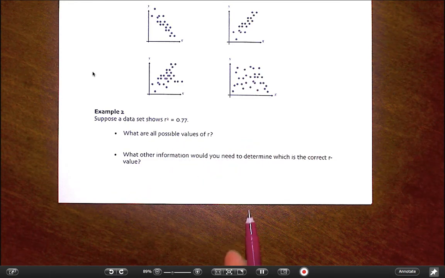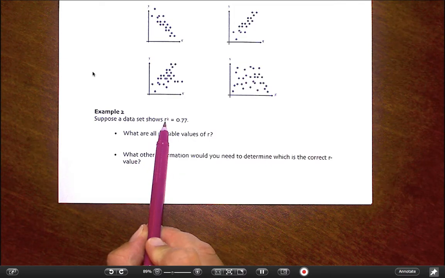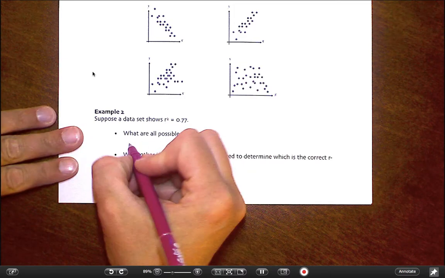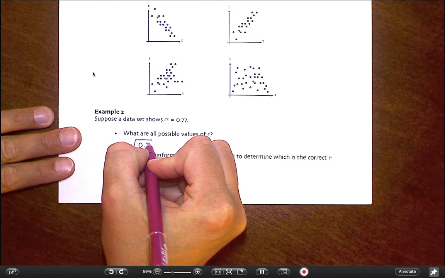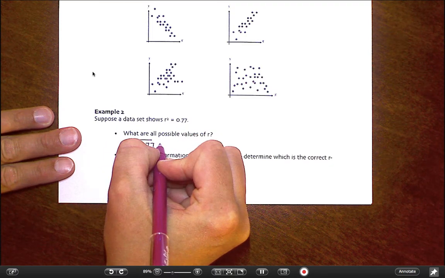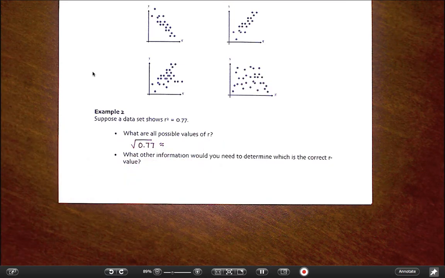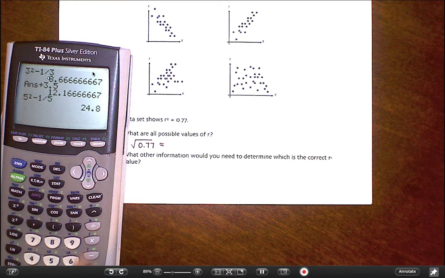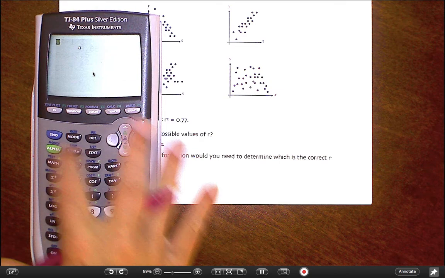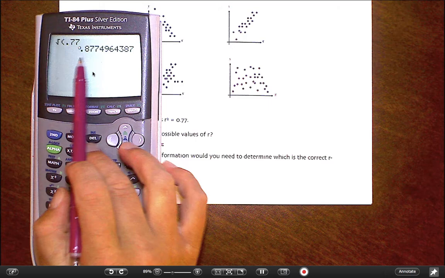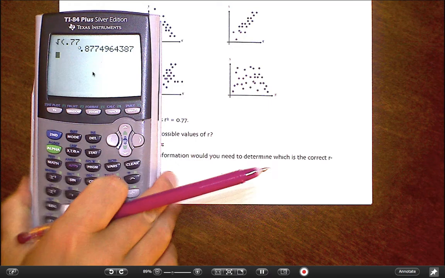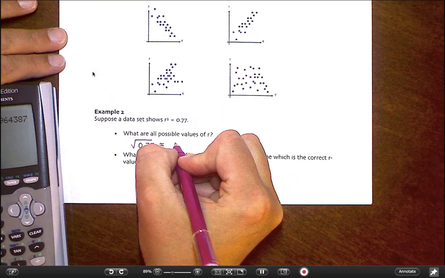Can we get the R value back from that information? That's just pretty simple algebra, right? If I have R squared and I want R, all I'm going to do is take a square root to get rid of that square. But what we have to remember about taking square roots is that there's a positive and a negative answer. So I'm going to do the square root of 0.77, and I get 0.8775. I'm going to round this too. But remember, that could be positive or negative